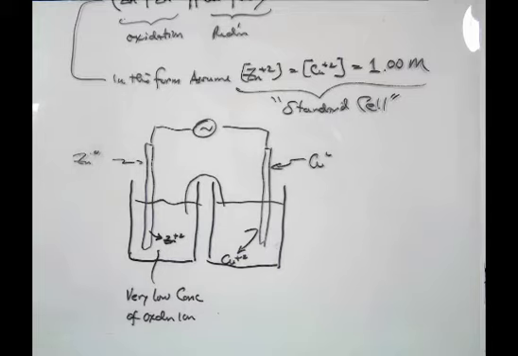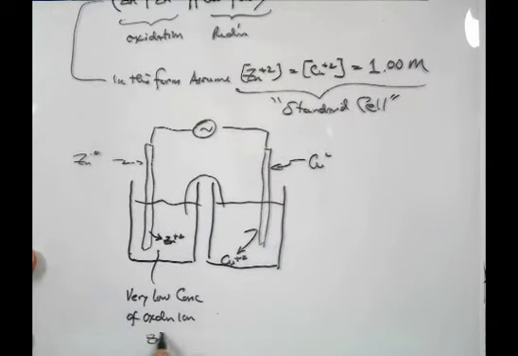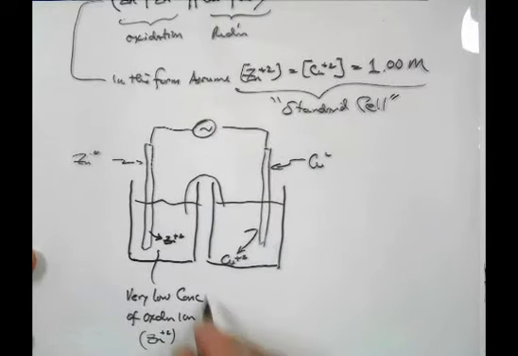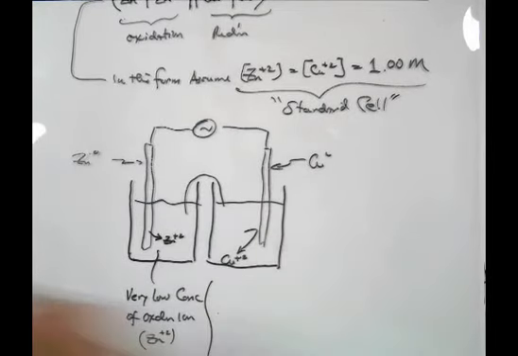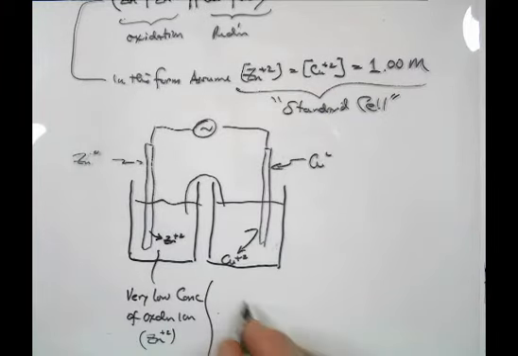So, as it dissolves, when you design your cell, the oxidation side of that battery starts out with a very, very low concentration of the oxidation ion. Okay, so this is a very low concentration of the oxidation ion, in this case, zinc. And on this side, you're going to be removing copper from the solution, so you want to start out with a high concentration